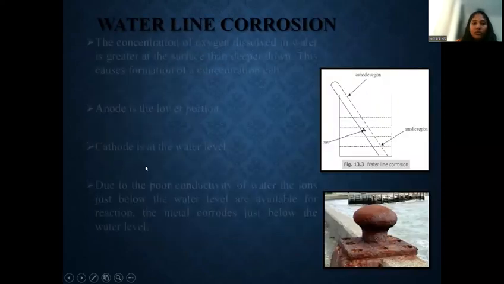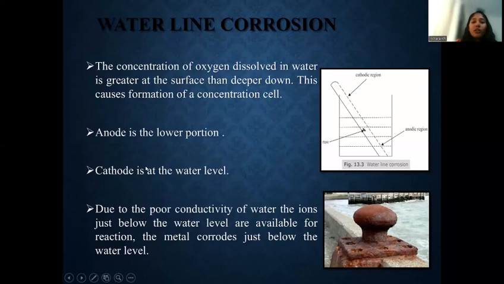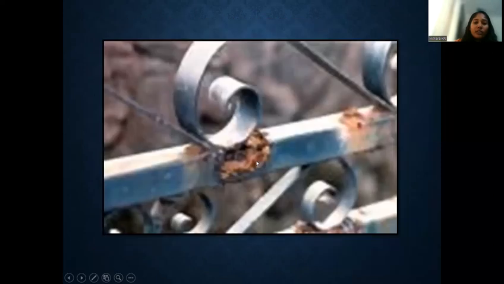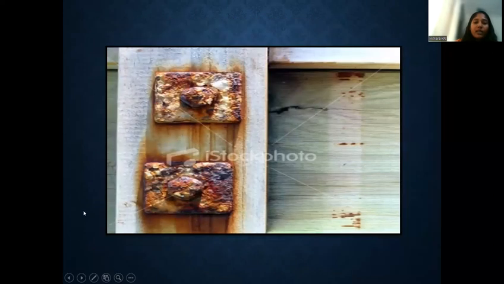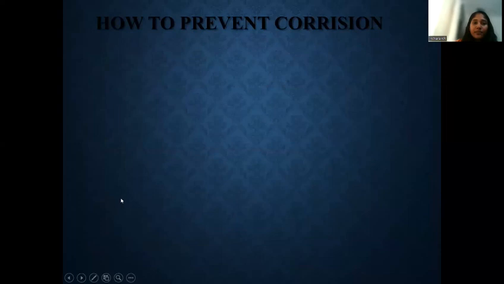And waterline corrosion. The concentration of oxygen dissolved in water is greater at the surface than deeper down. This causes formation of a concentration cell. Anode is the lower portion, cathode is the water level. Due to poor conductivity of the water, ions just below the water level are available for the reaction. The metal corrodes just below the water level. And here are the visual representations. And after knowing all the types of corrosion and causes of corrosion,